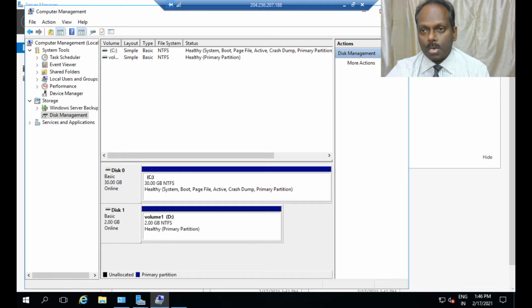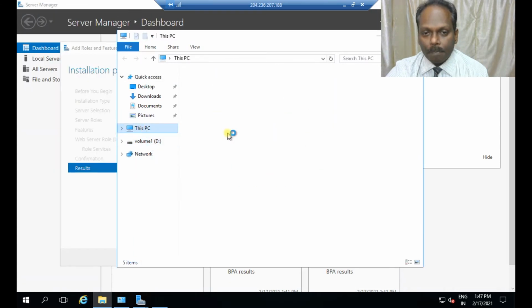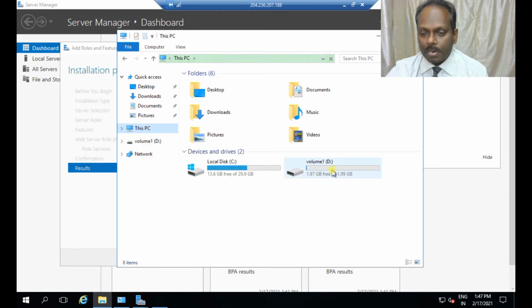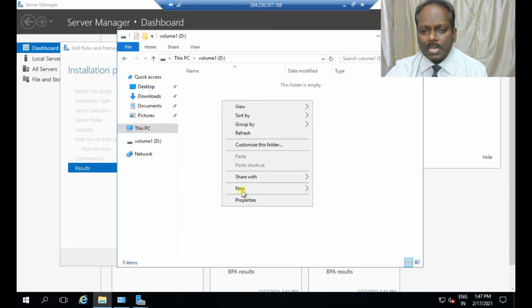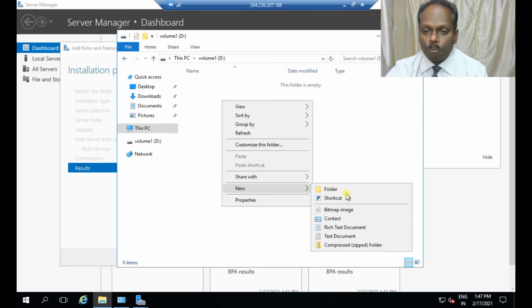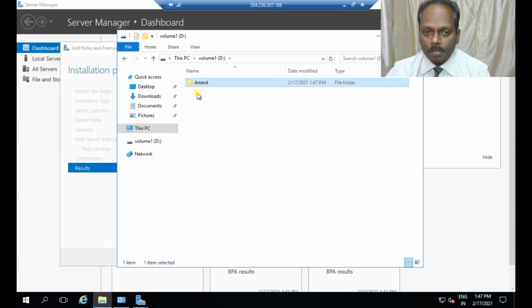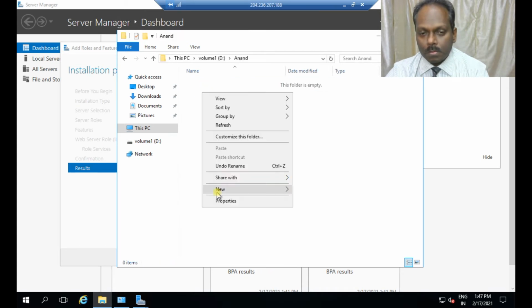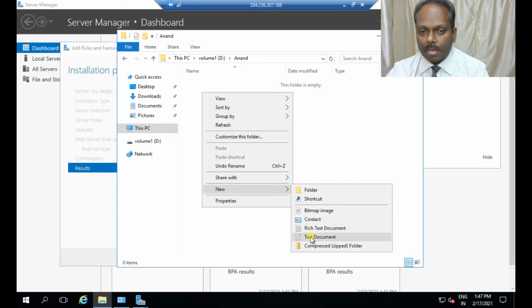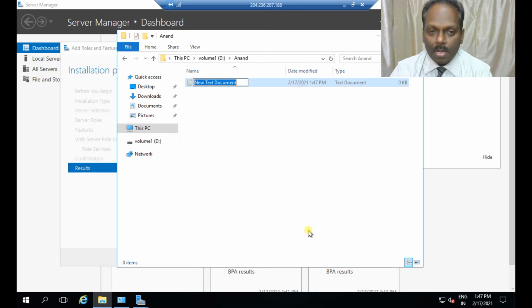So I can very well close now. D volume is also there. This PC, CD and D volume is also there. I'm just clicking this D volume. Okay, I'll create, I am adding some data. New folder, I'll say. I'll add some files here. Some data. It can be any type of data, copied or written or something like that. I'm saying test, a test file.